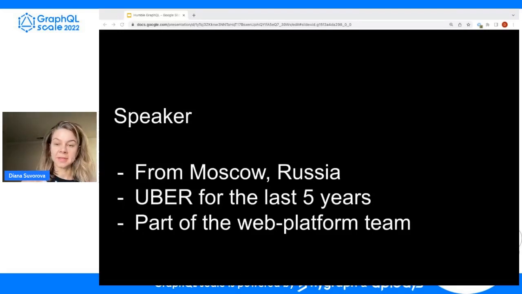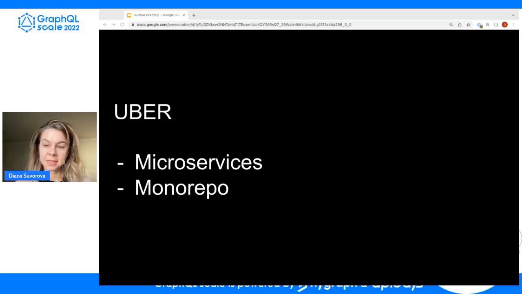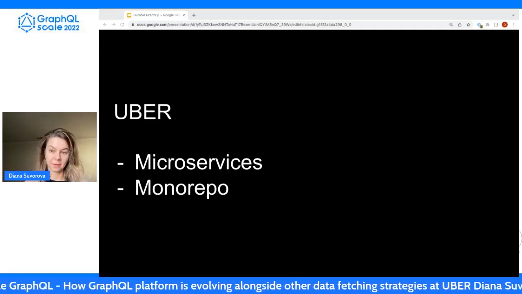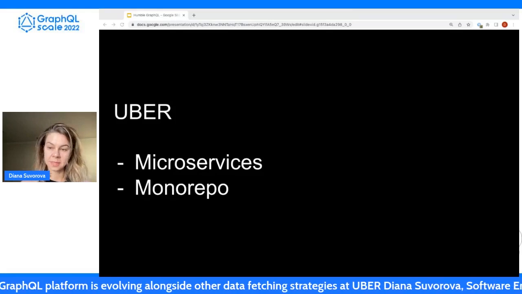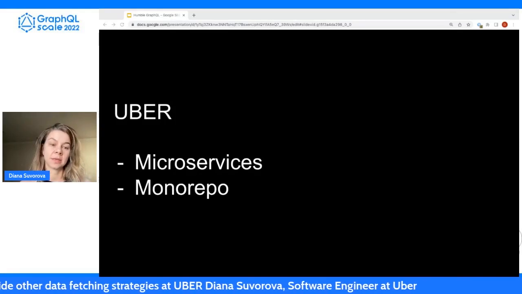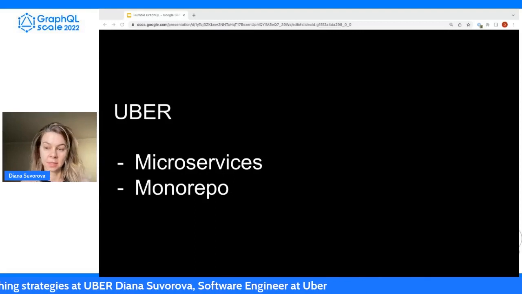The second part is Uber. It is known for its rides and food delivery services, although the company has other lines of businesses as well. It was founded in 2009 and is headquartered in San Francisco, California, where I'm at right now as well. Uber as a company is a lot of things, but for the purpose of this conversation, the important part is that it is a microservices-driven organization.